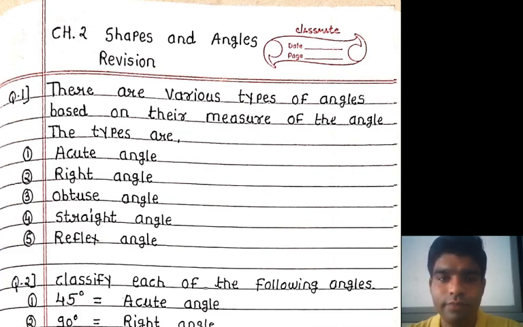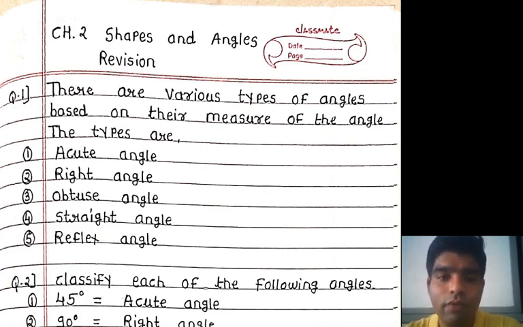And the third one, start from the obtuse angle, an angle which measures in between 90 to 180 degrees. Now listen here, we are discussing some examples of how we can classify each of the following angles. First of all, we are discussing some definitions. This definition is very important because your chapter name is Shapes and Angles. An obtuse angle is an angle which measures in between 90 to 180 degrees, and this type of angle is called an obtuse angle. This is the third type.